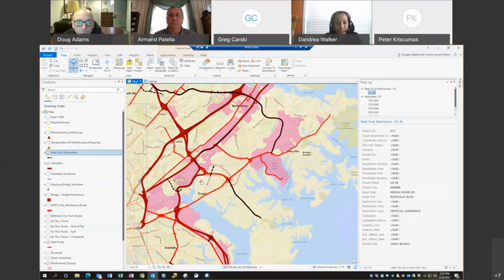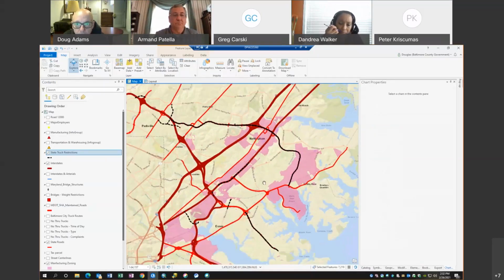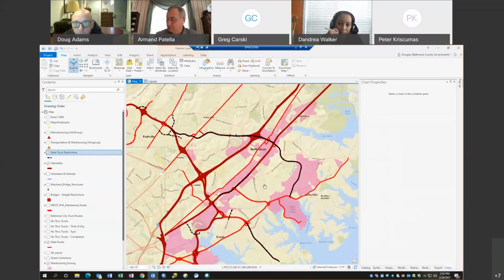So if we consider that all these state roads are truck routes with no objections, I'll move on. This would give me cause to offer up right here. Maryland 150 comes out here to Ebenezer Road. One of my questions, and it goes beyond the state road question, is do we need to consider some of the local roads, the arterials and the collectors, as potential truck routes?